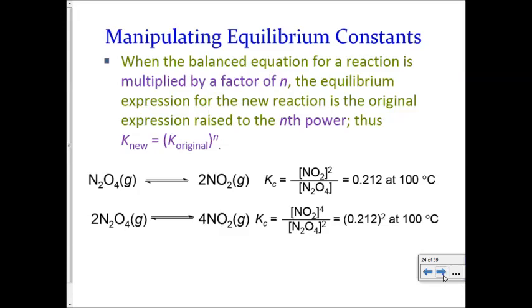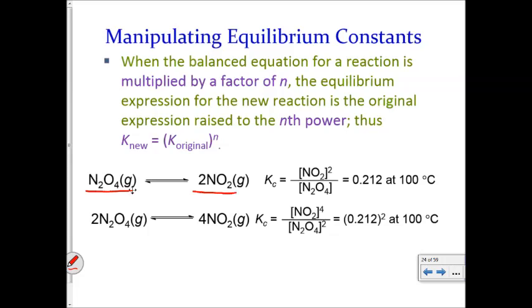Now, when manipulating a reaction where you are multiplying by a factor, just like we did in Hess's law, where we would multiply through by 3, everything got multiplied by 3, and then delta H got multiplied by 3. Same kind of concept here, except if you multiply everything by an n factor, then you would have to take your K value and raise it to that factor. So if we're looking here at our original equation, where you just have N2O4 going to 2NO2,